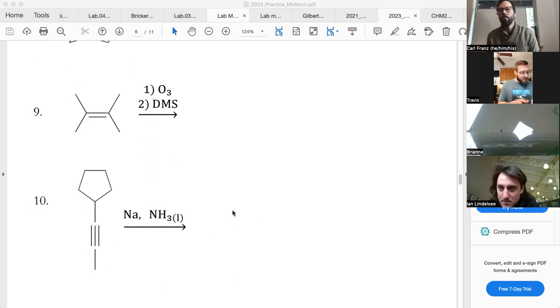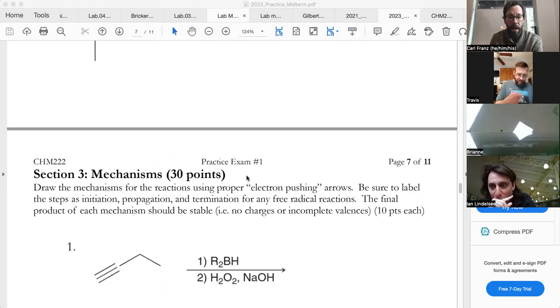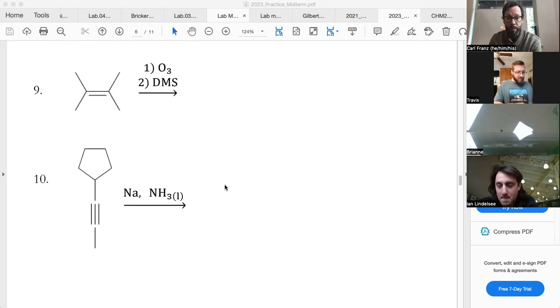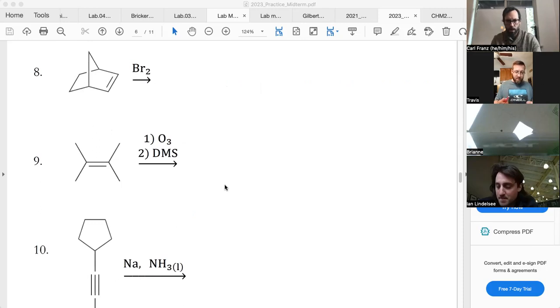Okay, again, we see O3 and we think ozonolysis. We did it previously with the alkyne right here. And what did we get with that? We got an aldehyde, or carboxylic acid, sorry. Right? We do it with an alkene, we effectively break these two carbons apart and form two different ketones. Yeah. Okay. So ozonolysis with an alkyne versus ozonolysis with an alkene.